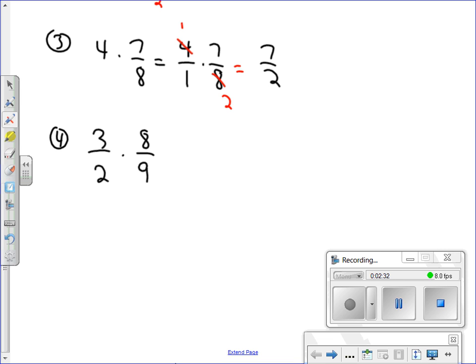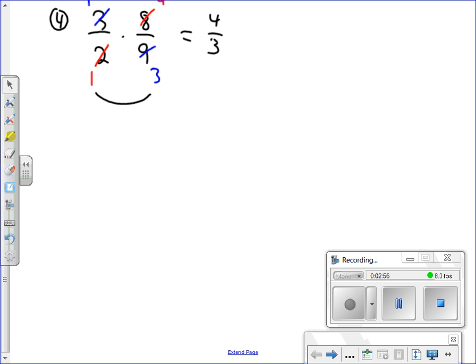In this case, I can reduce the 2 with the 8. The 2 is going to reduce to a 1, and 8 divided by 2 is 4. And I can also reduce the 3 with the 9. 3 divided by 3 is 1, and 9 divided by 3 is 3. And then when you work your way across this, you say 1 times 4, and that gives you 4, and 1 times 3, and that gives you 3. We want to leave this answer in reduced form, but we do not want to change it into a mixed number. In fact, as the next example, if you get a mixed number,